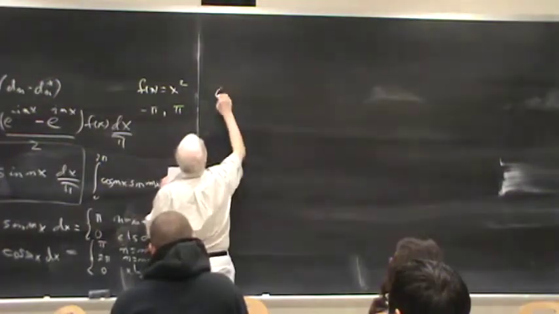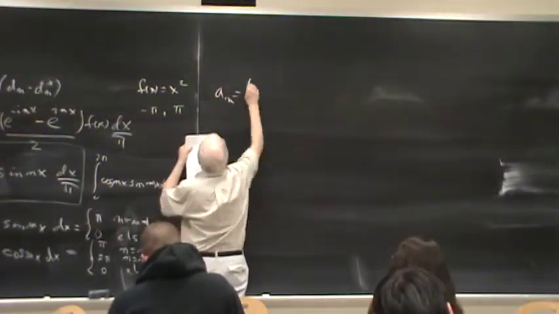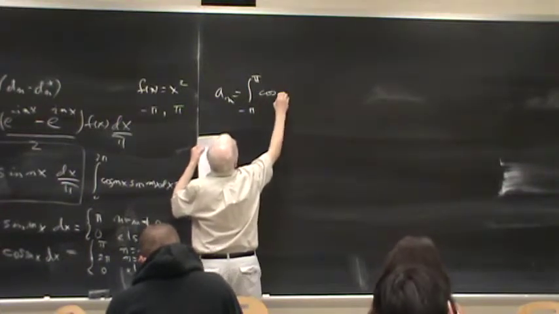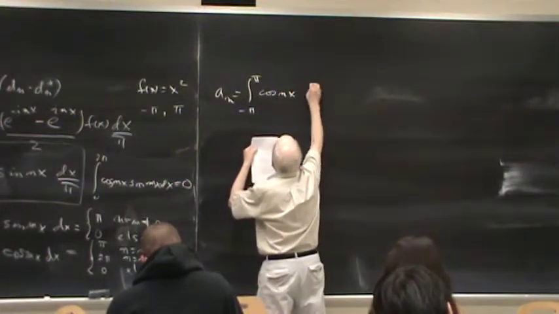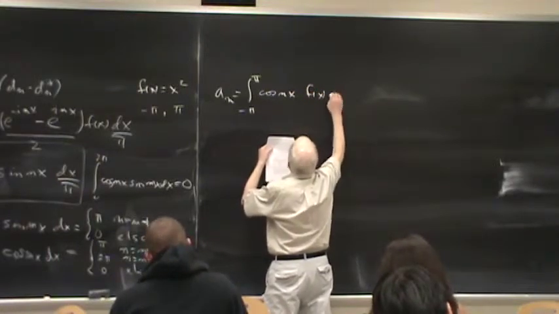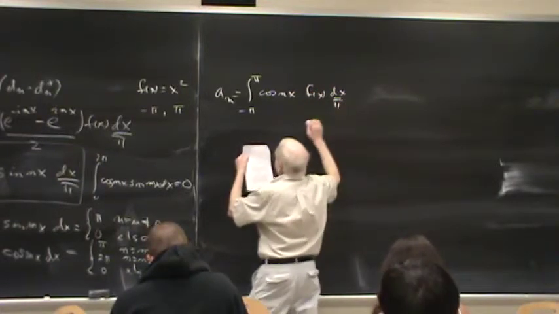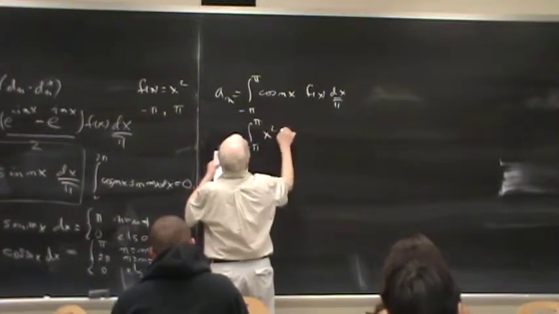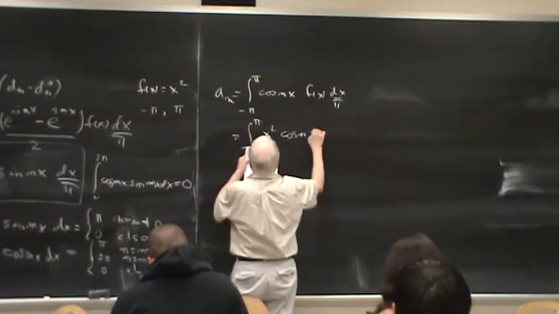The a_n's then are given by the integral from minus pi to pi of cosine nx f of x dx over pi, and this is the integral from minus pi to pi of x squared cos nx